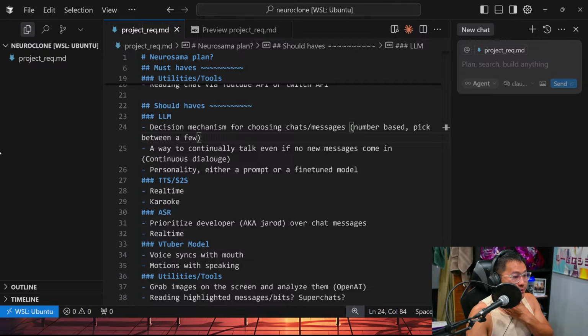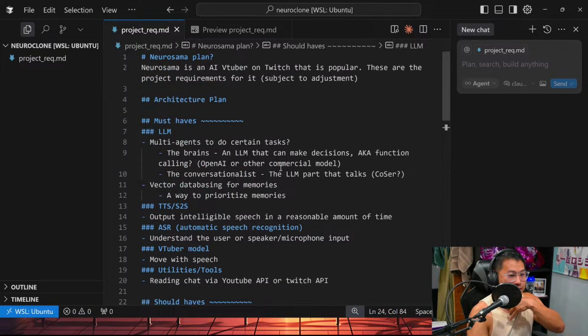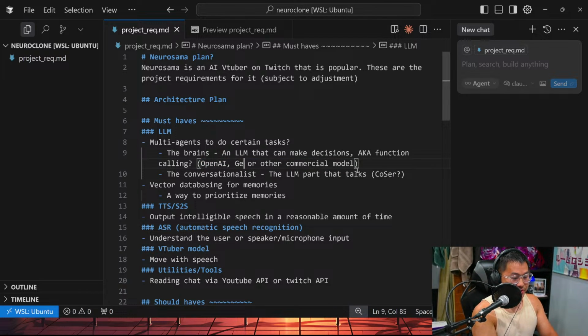Gemini with custom output, like actually have it return custom JSON. I think I was going to do that, the brains here, an LLM that can make decisions. So OpenAI or another commercial model. You said Gemini, so I'll have to try Google's Gemini for this to see what we can return with that, because it's pretty fast, huh? Okay, so